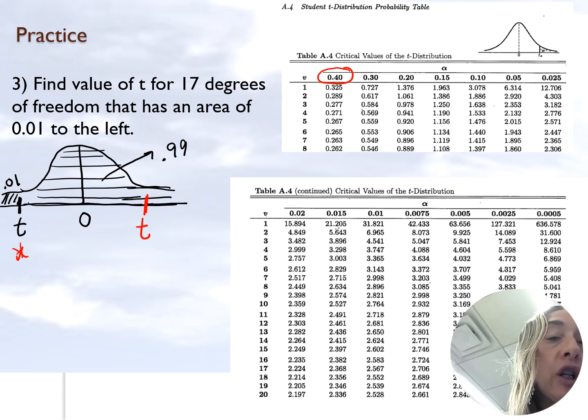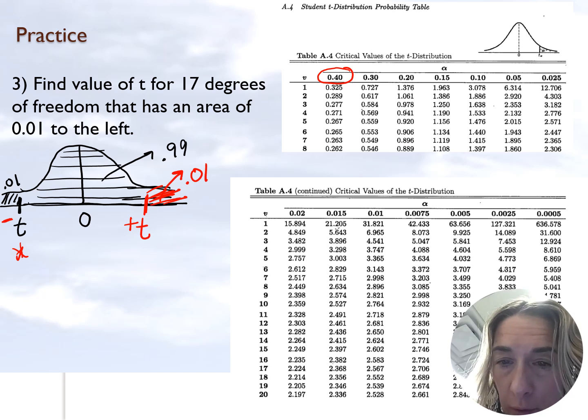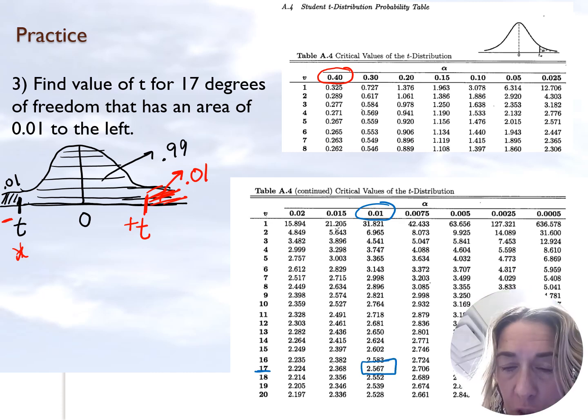That's a mirror image in terms of magnitude, such that it has an area of 0.01 to the right of it. Now, whereas the value we're looking for is negative, this one's going to be positive, but they're going to be equal in magnitude. Easy enough. We do have alpha of 0.01, so we go into the table for an alpha of 0.01 and go down to 17 degrees of freedom, and we see that the value of t at the intersection of those two values